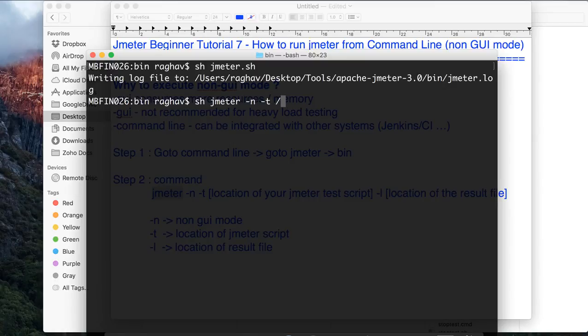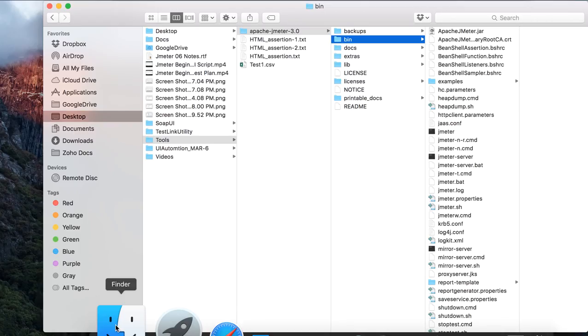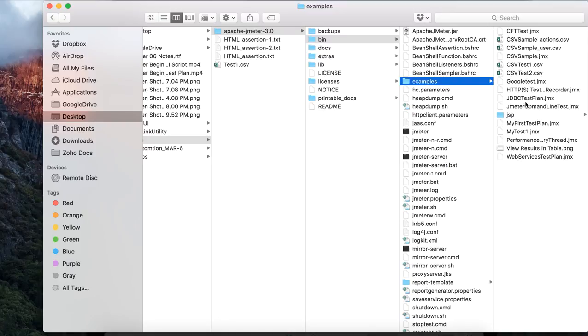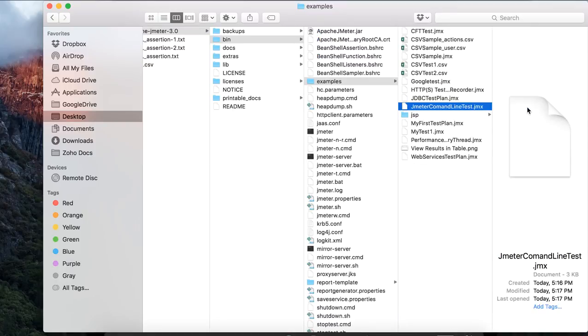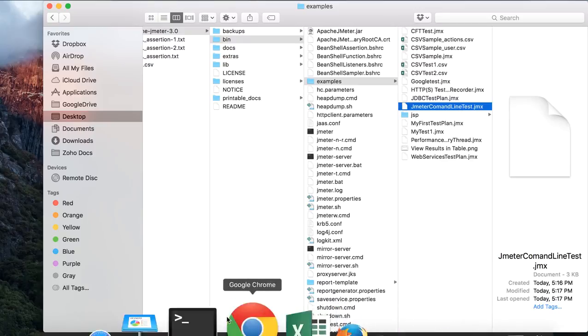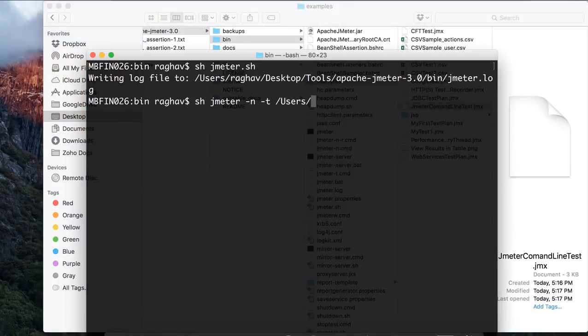of my script. So my script is here inside bin examples. We have Jmeter command line test. Okay, so let me go to this location. Inside examples, I have Jmeter command line test.jmx. This was the script I just saved, and then I will say -l, and now I